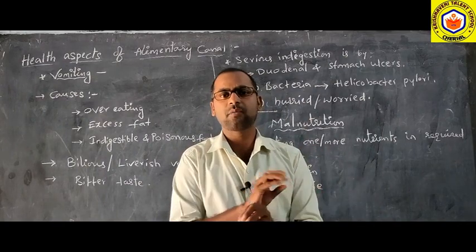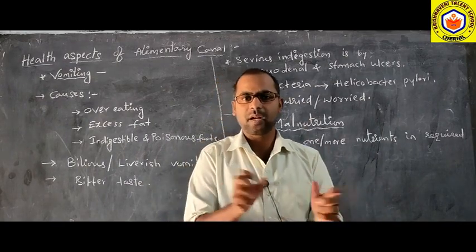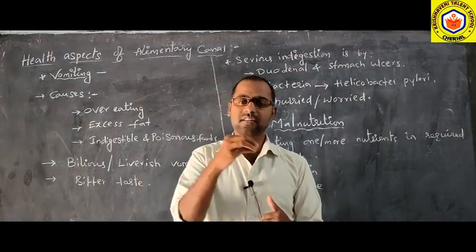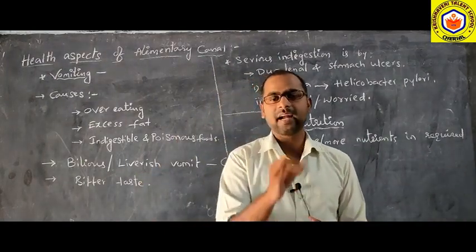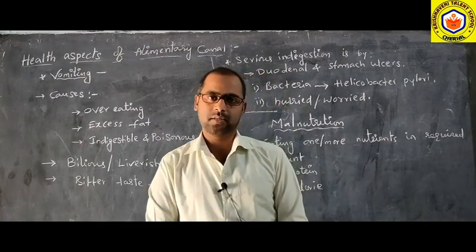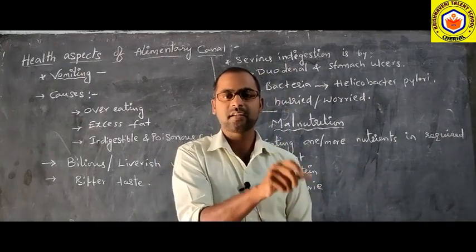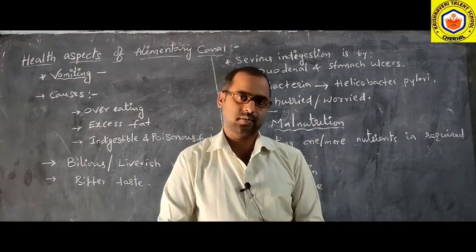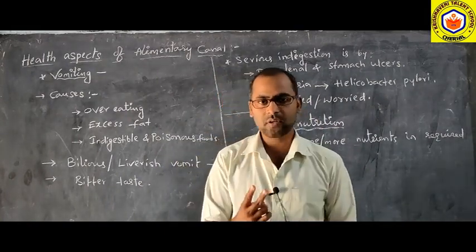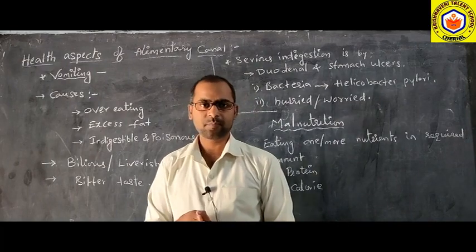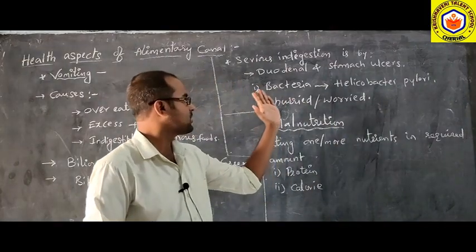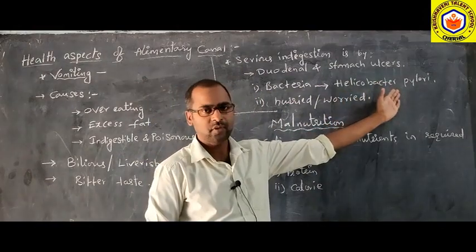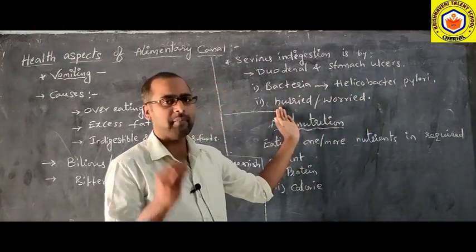The stomach walls will not be affected or ruptured. But without the presence of food, if hydrochloric acid is released in the stomach, it acts directly on the stomach walls, ruptures the mucous membrane, and that leads to ulcers. So what are the two causes of duodenal and stomach ulcers? The first is the bacteria called Helicobacter pylori, and the other is our mentality.